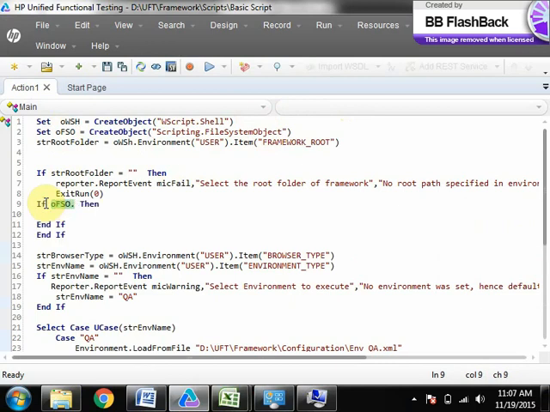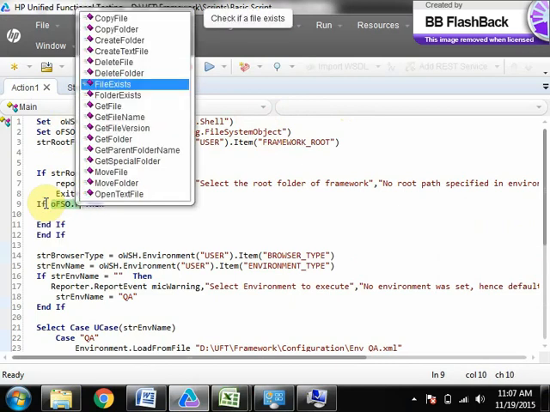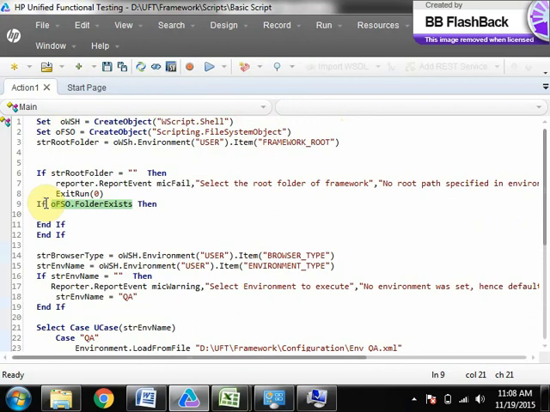If oFSO dot FolderExists of whatever the folder that you have given. If folder does not exist, else if you write. If it is empty, then stop the execution. If it is not empty, check for the folder. Okay. Then same thing you can say if else if not file a folder exists.